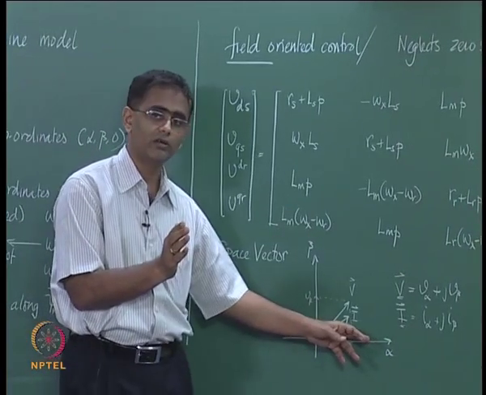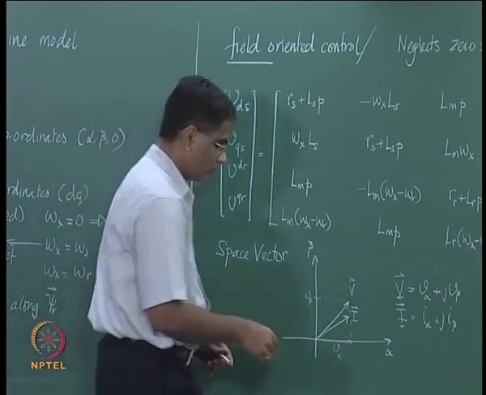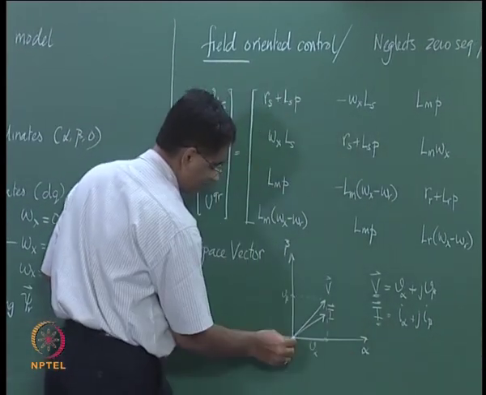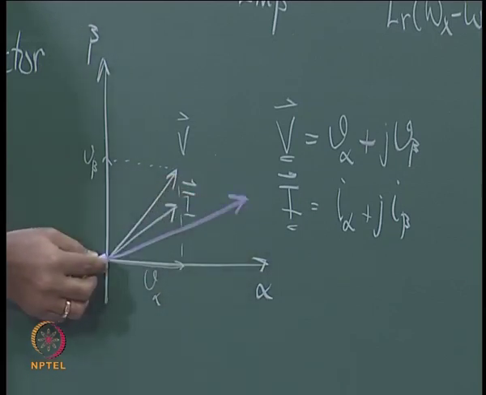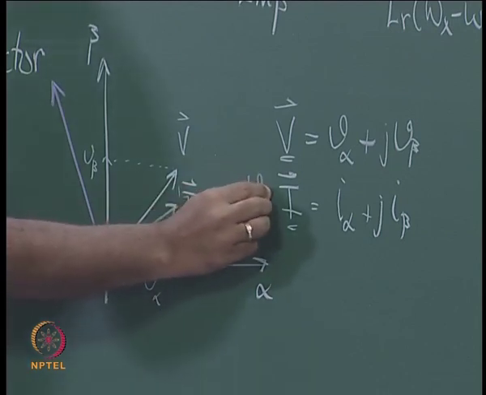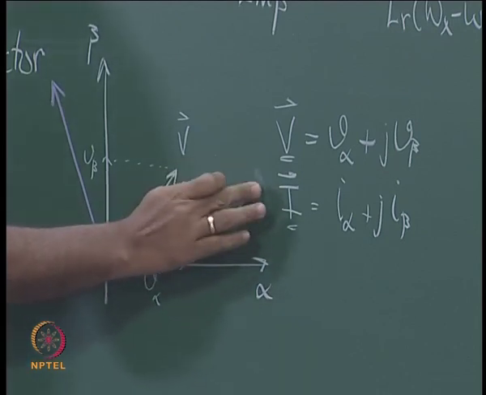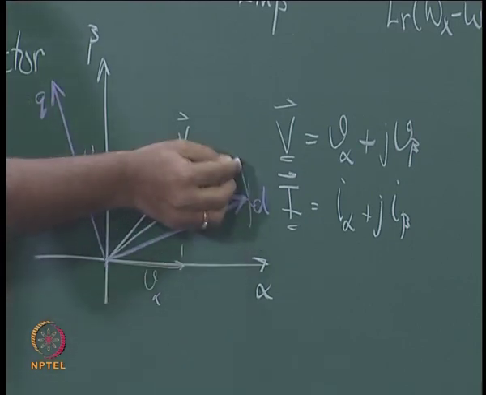Now if you have a flux vector, you can describe it by the two terms V alpha and V beta, if this is the axis that you want to choose, or you may choose for example another set of axes. Let me draw the other set of axes as this. This may be for example your D axis and Q axis. This axis may be rotating,